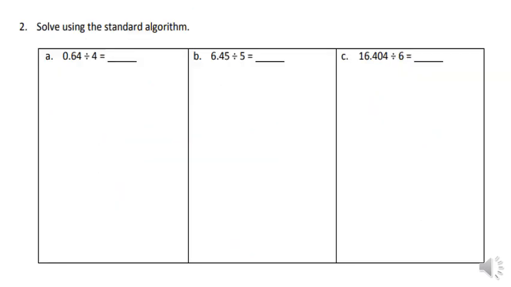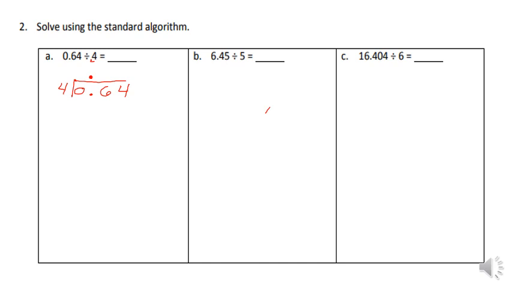Okay, now we're going to solve using the standard algorithm since we've been going. We're going to start off with 64 hundredths, and remember when we're writing this, the divisor, which is the one that's determining the amount of groups, always goes on the outside. We have 4 and 64. Now the first thing you need to do with standard is make sure you transfer that decimal up, because you know